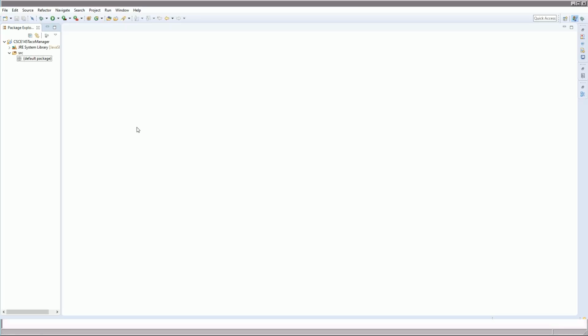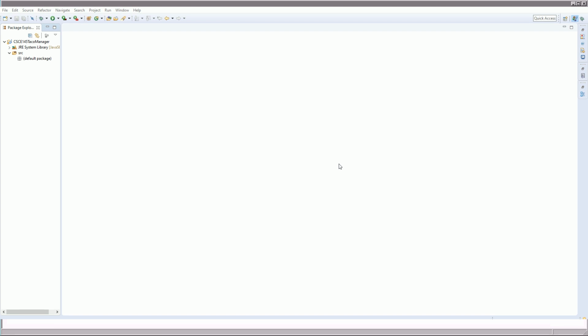As we have here, we have the project set up and ready to go, and now we need to start creating the classes. So with our design, what is the first class that we need to create? There's a little bit of a trick, but if you follow the arrows, it should indicate where we need to